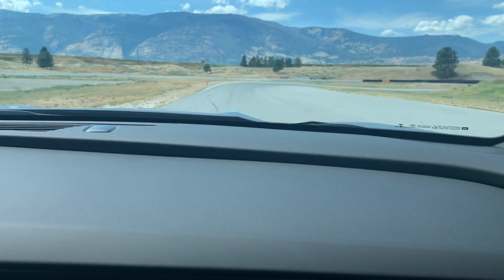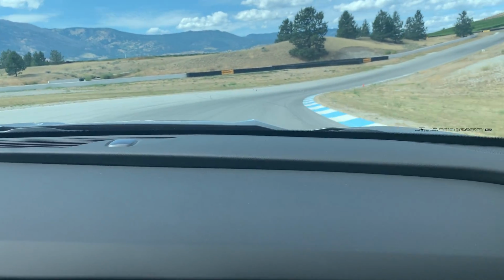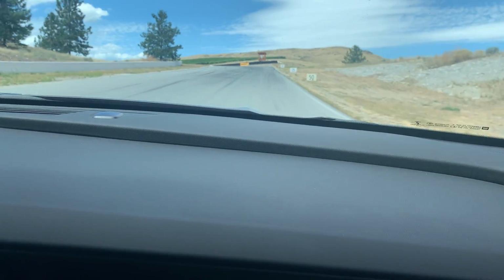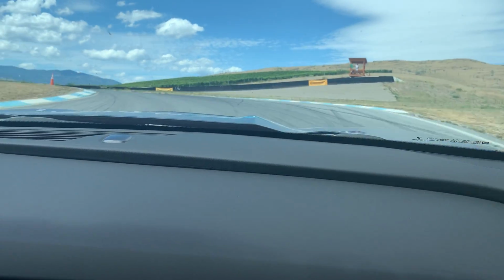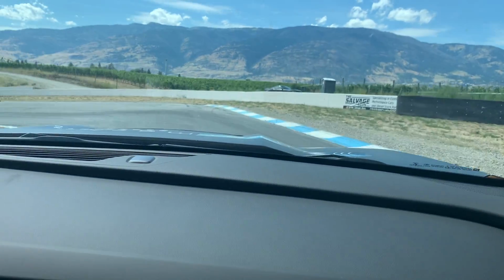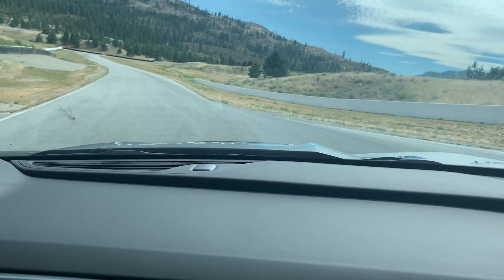Heading towards turn 6, pretty quick corner, get down to the inside here and keep the inside past the cone. Then as you come up the hill, we're going to stay on the right hand side, braking up the hill, wait for your turn in and eyes to the apex again, just turn here. Make sure we get nice and close to that cone, and that one steering wheel angle input will get you